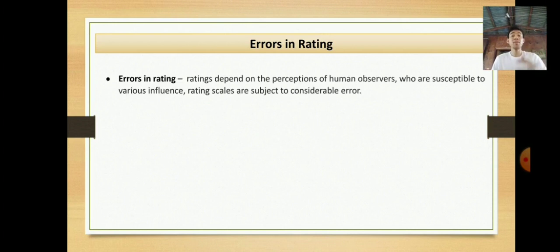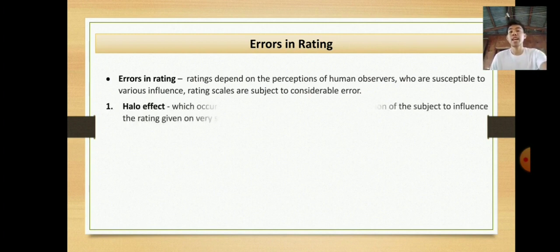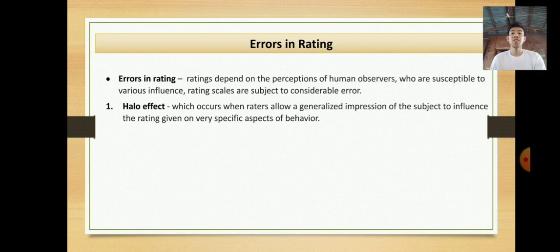So meron naman tayong tinatawag na errors in rating. So errors in ratings depend on the perception of human observers who are susceptible to various influences. Rating scales are subject to considerable errors. Siyempre nga, tao lang naman tayo at madaming pagkakamali. So meron din naman tayong error. So parang dito sa types of error, which is number 1, yung halo effect, which occurs when your raters allow